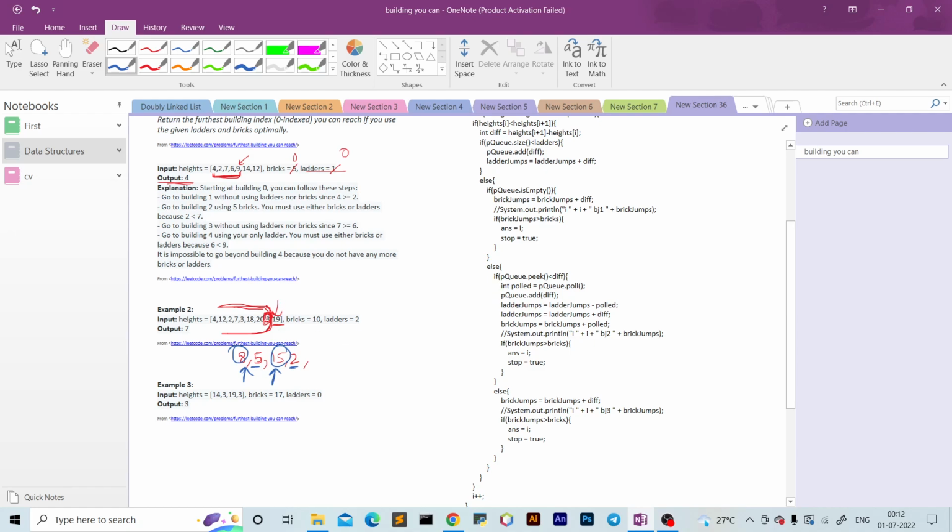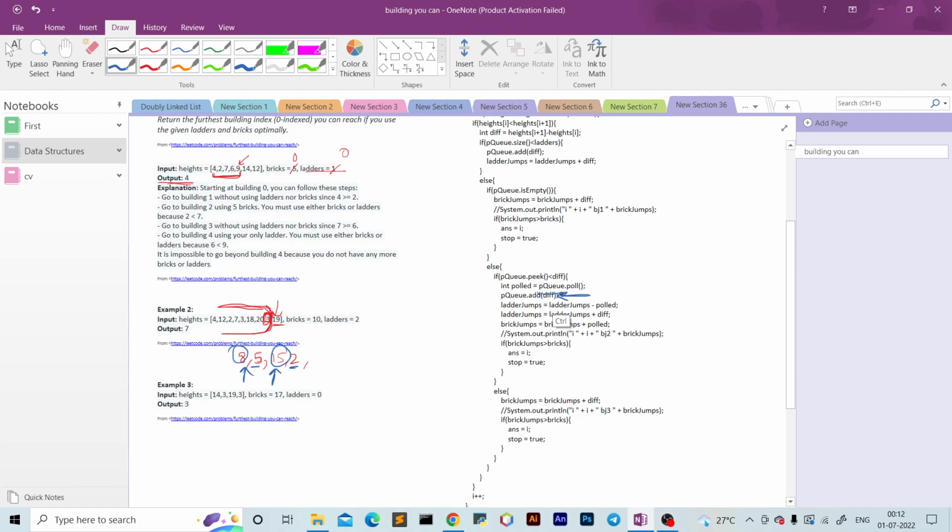So after polling this minimum element from priority queue, I would add this greater difference to the priority queue, and also in that case, ladder jumps would have this fold subtracted and diff added to it, and also this fold would be added to brick jumps